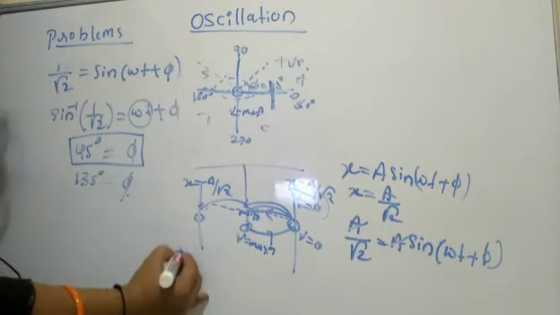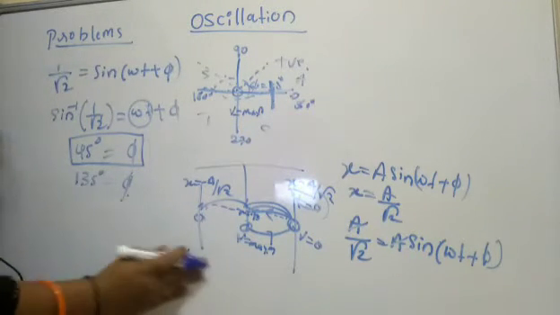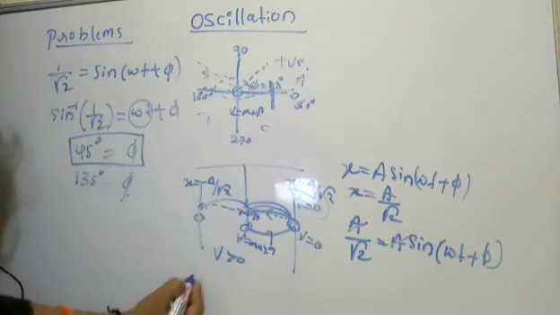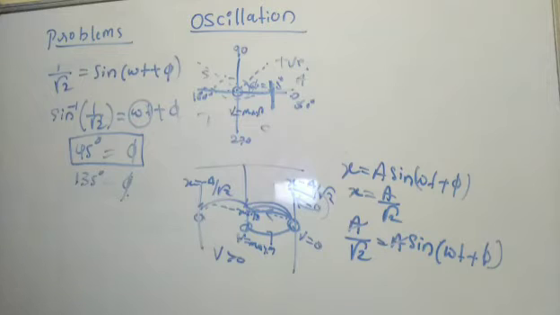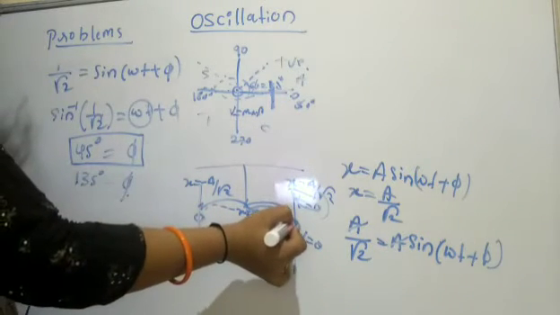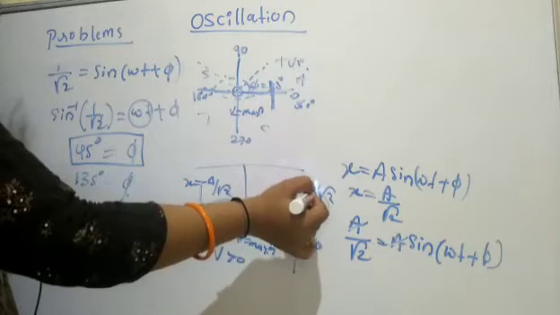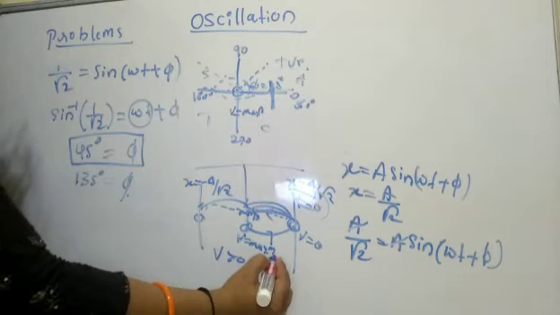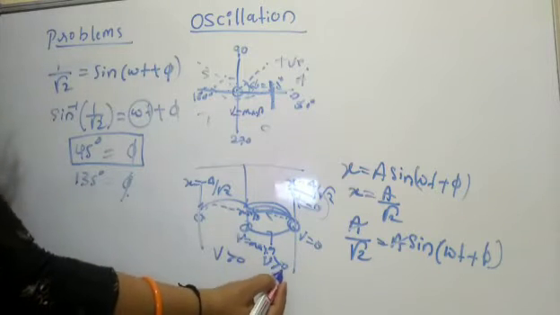That means velocity will be negative here, and that indicates velocity is going to be greater than 0, because once it is crossing the mean position, velocity will be maximum. Once it is moving from the extreme position at x is equal to a by root 2, from this point to this, velocity started increasing from 0 to